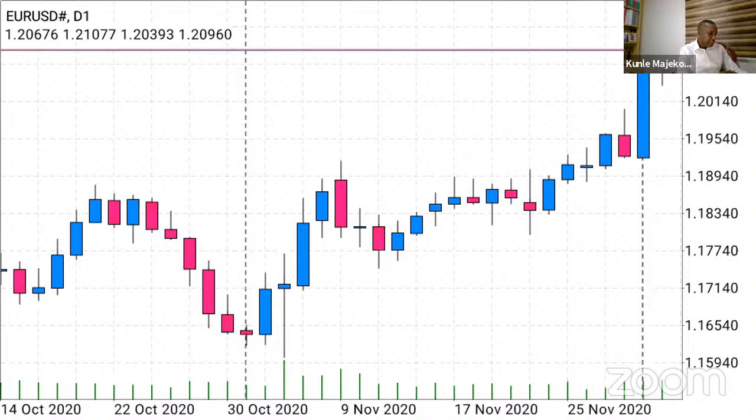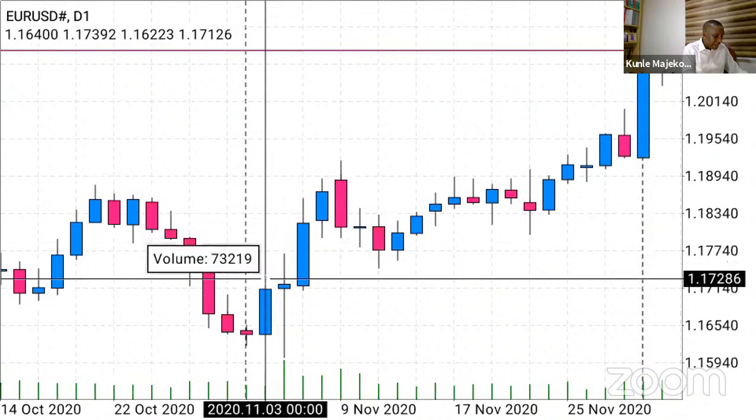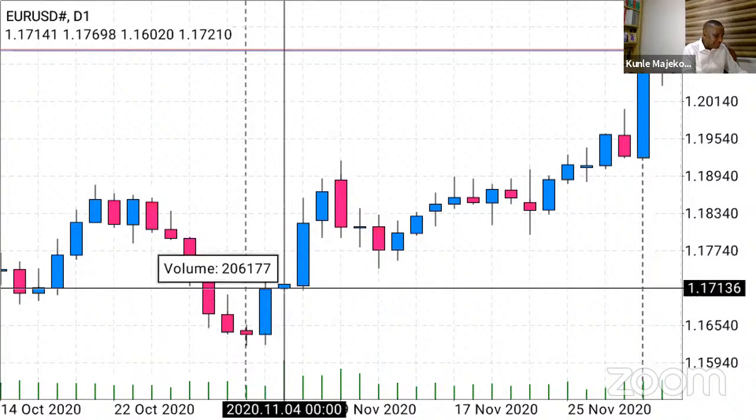Okay, this chart tells me that for a while now, from around the 30th of October, price had been steadily going up. So what I will say about this is that this market is an upward trending market. How do I know this? Look at around here, this blue candle here. After this blue candle, you can see that everything is rising.